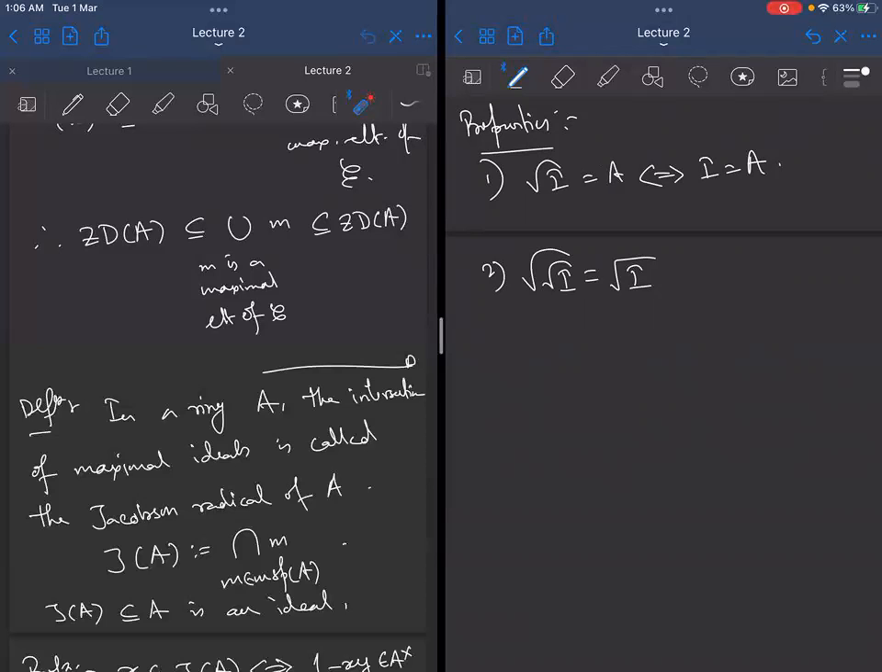Some power of x is inside radical I. Suppose x to the power m is in radical I, and then that means some x to the power m, to the power n, is in I, which means x to the power mn is in I. That means x belongs to radical of I. So this is also clear. Number 3,